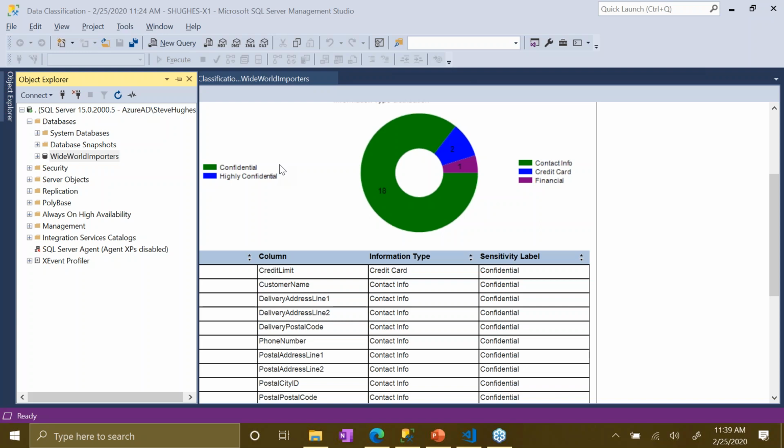So the classifications and rules are added to that system table we talked about at the beginning, unless you're running a version older than 2019, then it's added to the extended properties. So they are added to the database, but depending on the tool being used, in some cases, some tools actually look at all the extended properties, so you could pop it up that way, or you can run a report against the system table that has the same information.